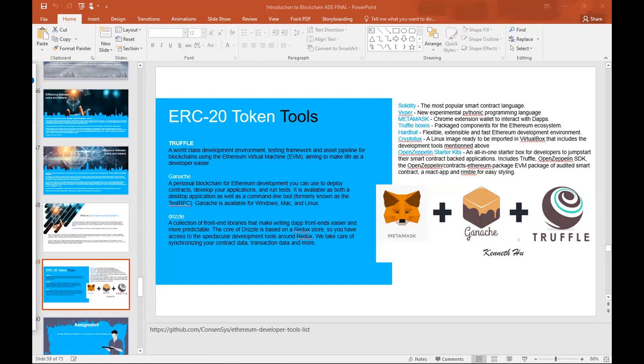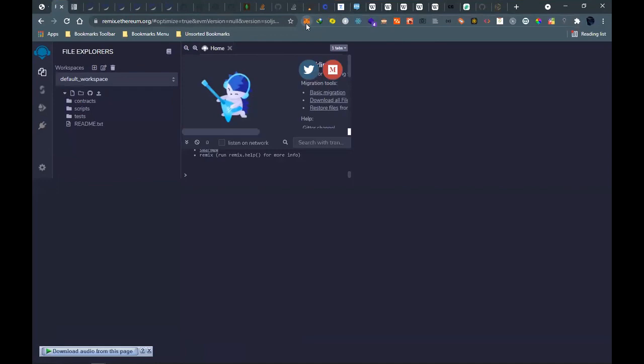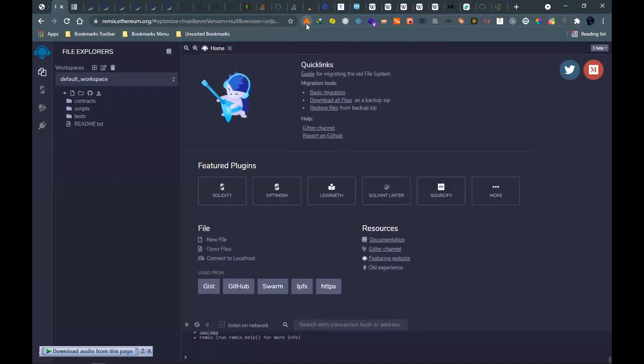Contracts. Yeah, and then we have token. As is our custom, we will open our Remix IDE.